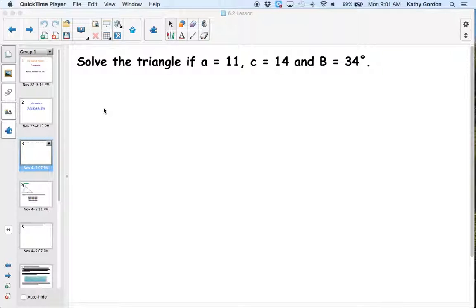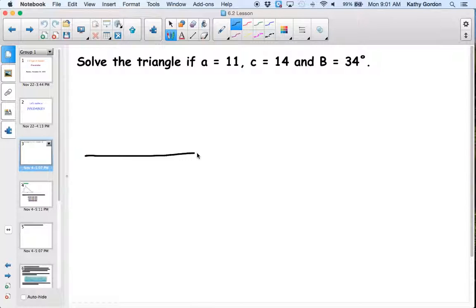If you set this up, if you draw a picture of what's going on here, side A is going to be this one across from angle A, so that's the 11. Side C is across from angle C, so that's the 14. And then angle B is right here, and that's the 34 degrees. So based on what we're given, and based on what we can now see is labeled in the triangle,